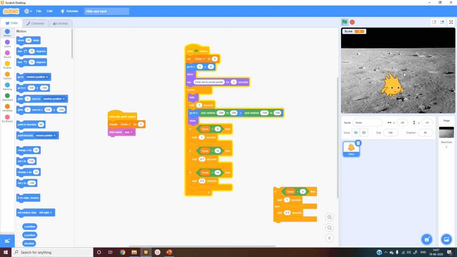And now let's wait up till the 10th point. Now you see the time for which the Gobo is appearing on the screen has decreased, and now it's really difficult for me to score points. So this is how you can make your own game and implement different difficulty levels in your game.